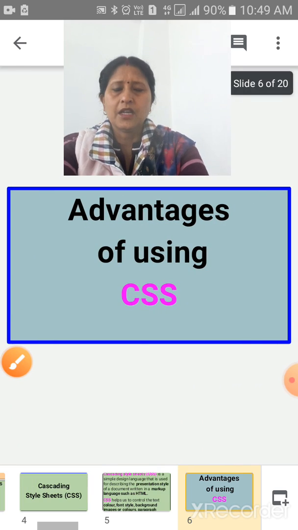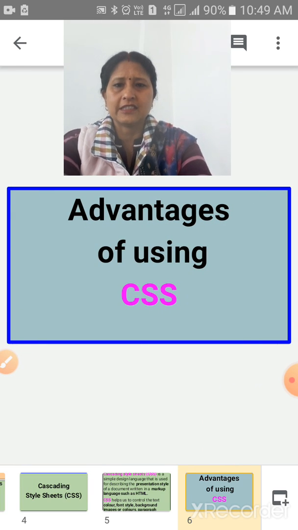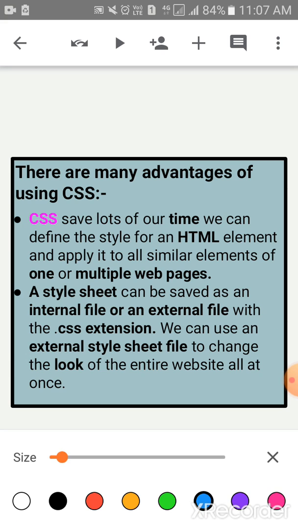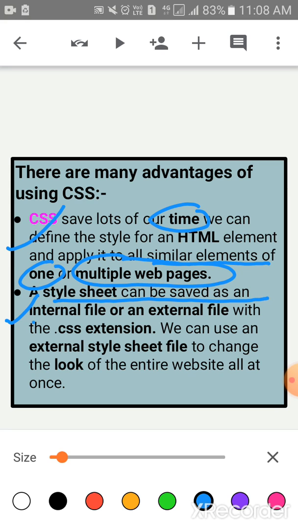Clear children? Now children, advantages of using CSS. There are many advantages of CSS. The first advantage of CSS is that CSS saves lots of our time. We can define the style for an HTML element and apply it to all similar elements of one or multiple web pages. Okay. The next advantage of CSS is a style sheet can be saved as an internal file or